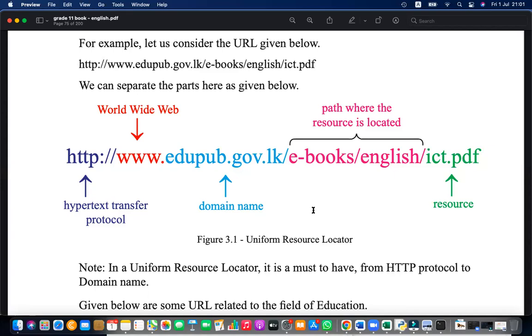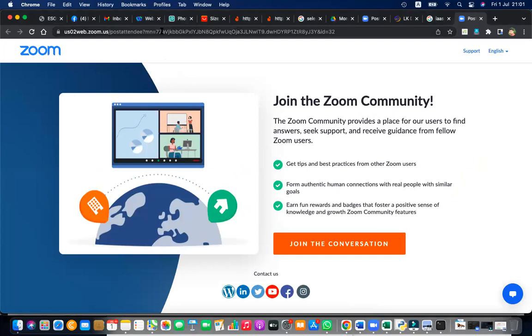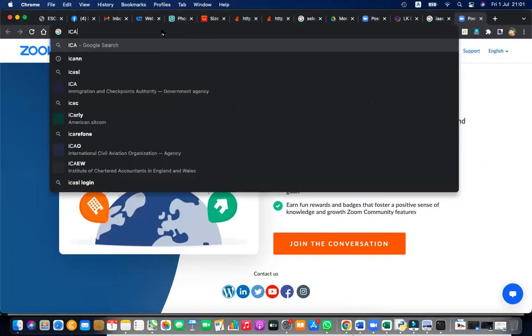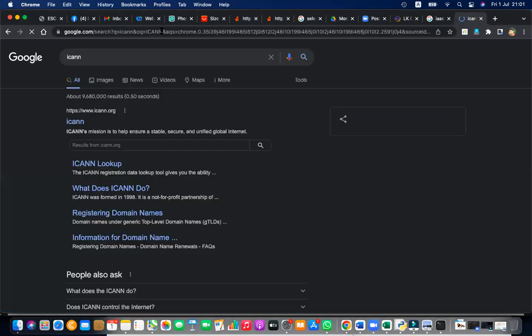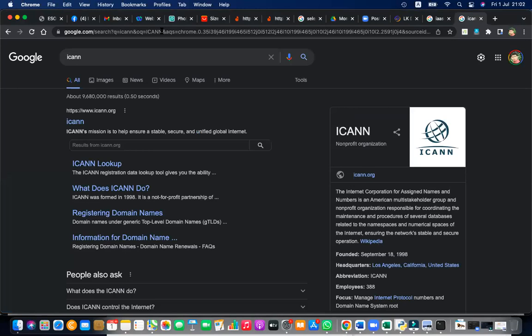Who assigns this? The assigning party is known as ICANN, the Internet Corporation for Assigned Names and Numbers. They are the people who assign domain names. That is a worldwide organization assigning domain names.